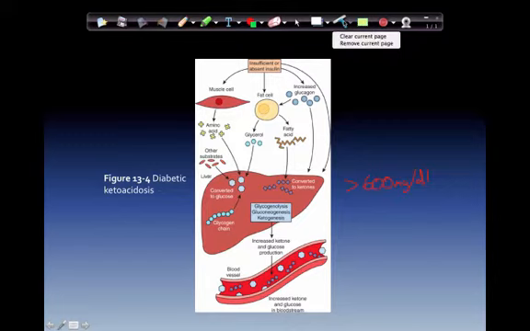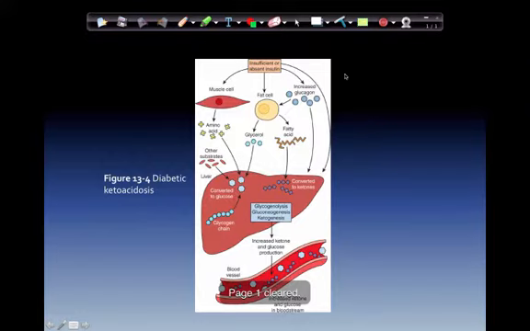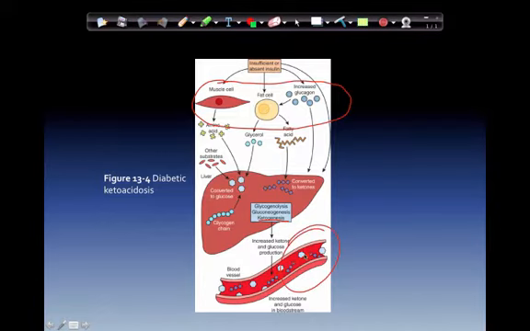And this is DKA. Insufficient or absent insulin, so the body is essentially going to break down anything it needs for energy, amino acids, glycerols, fatty acids, and convert it into energy. Now, the byproduct of the fat metabolism is going to be ketones. The higher amount of ketones that we have in the blood supply, the higher the acidity levels in the body, or the lower the pH. So in the overall scheme of things, the ketoacidosis, the more ketones that we produce, the more acidic we become.